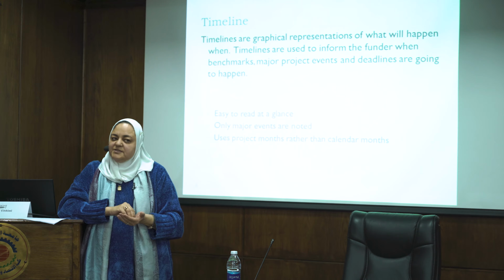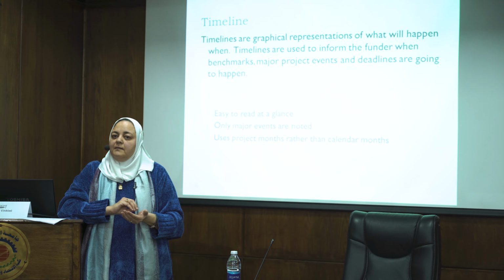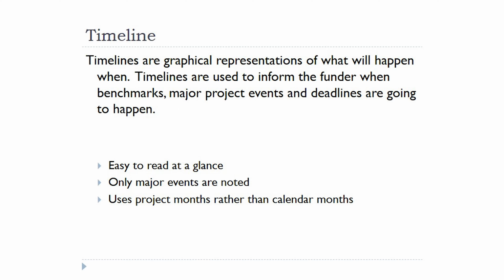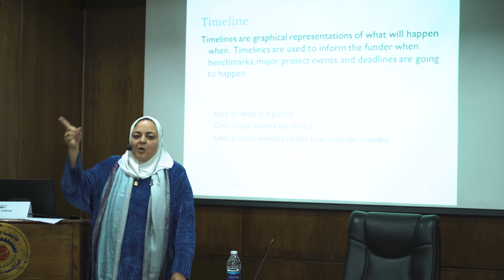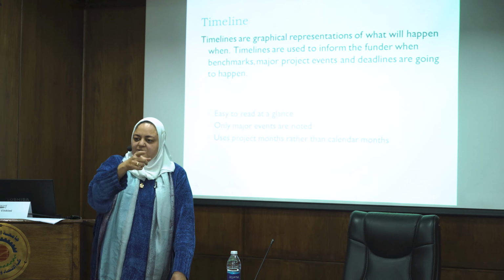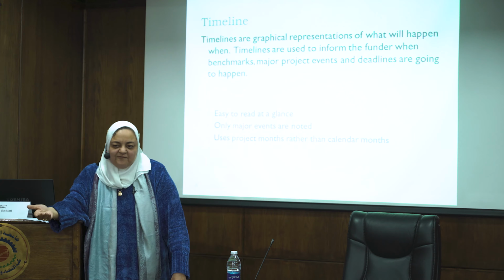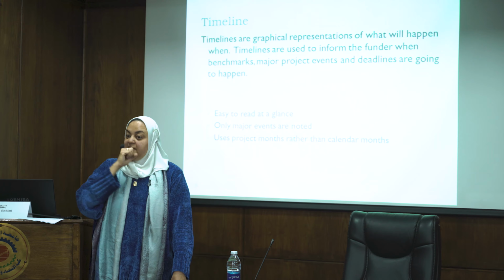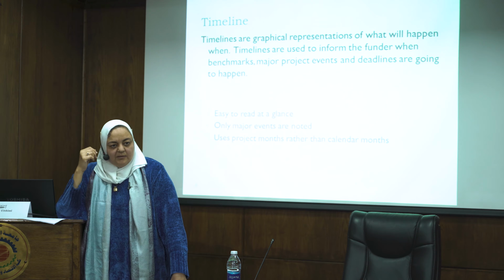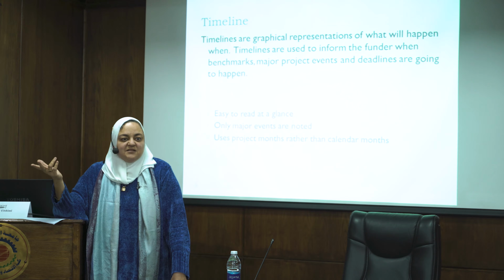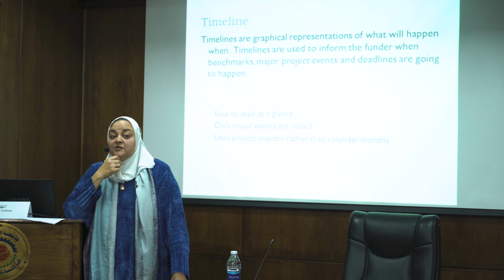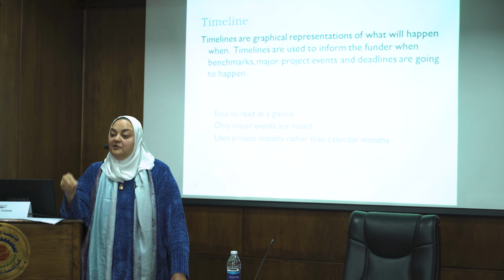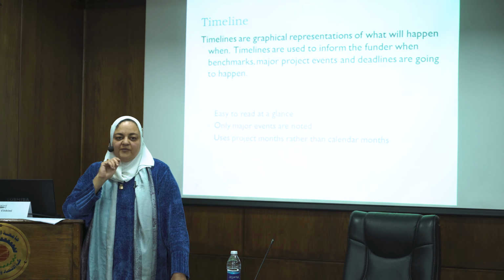Now, it's very important to outline it in months, project months, rather than calendar months. Project month 1, month 2, month 3. So month 1 begins when you have the resources ready. But if you say January, February, March, and you promise to begin in January, and then you don't access the funds until April, then you're already behind and you've already not fulfilled what you signed up for on the contract.